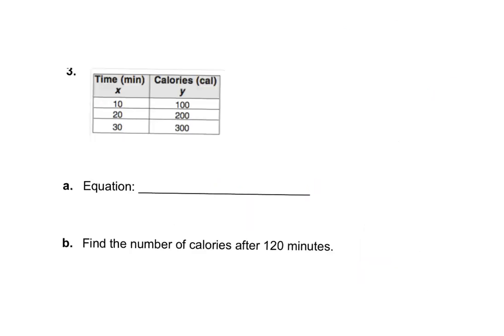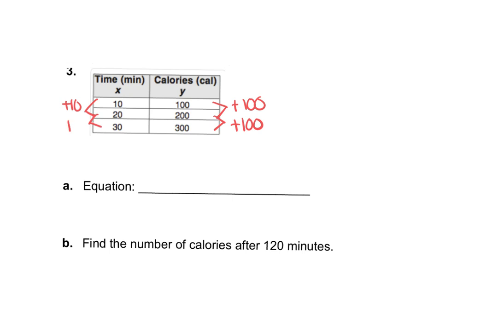All right, question number 3. We've got the time and then we've got the calories. Now, I want you to notice right here that when we look to find the difference, as I'm going from 100 to 200 and 200 to 300, we are going up by 100. Same thing right here. But you do need to notice that our terms are not starting at 1, 2, and 3. We're going up 10